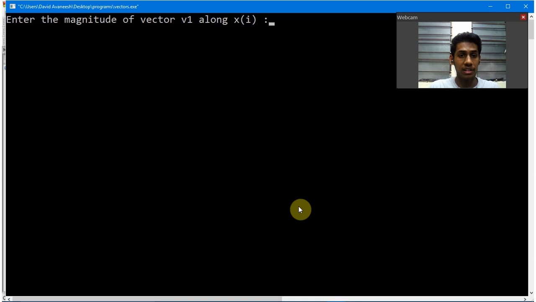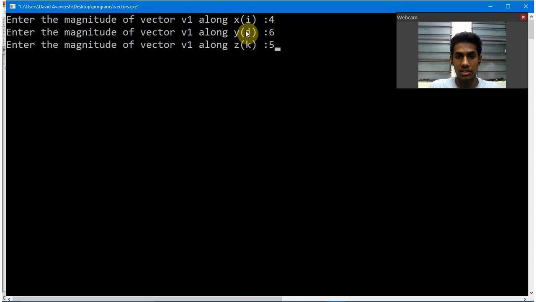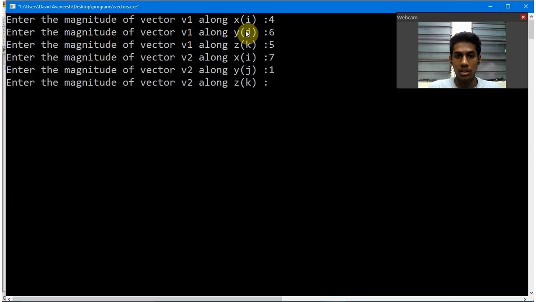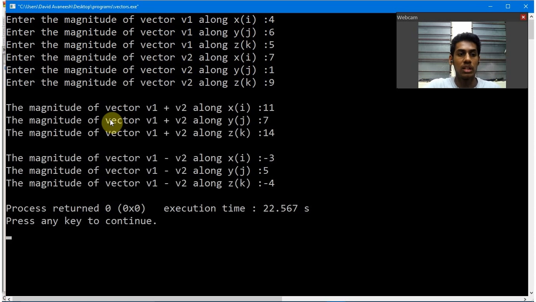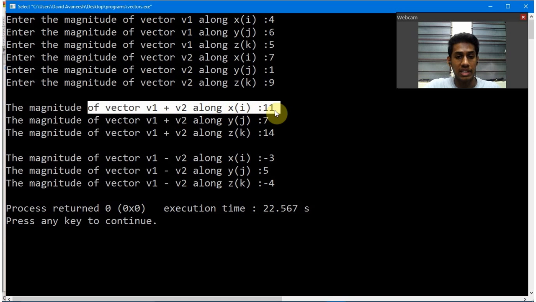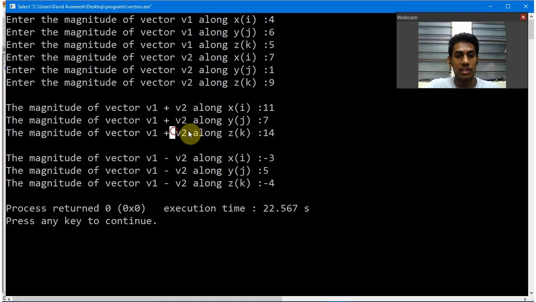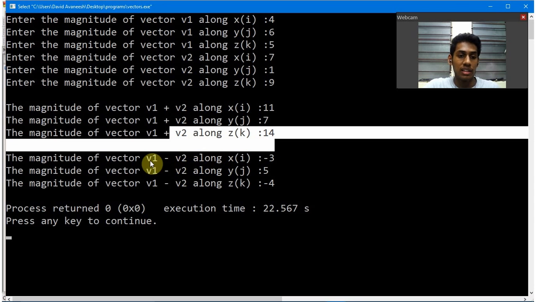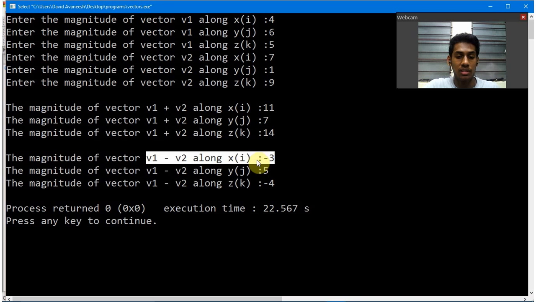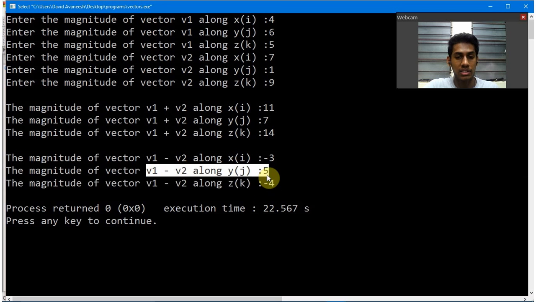So the magnitude of vector 1 along x axis is, for example, say 4, along y axis is 6, z axis is 5. Now for magnitude of vector 2 along x axis is 7, along y axis is 1, along z axis is 9. Then we have the sum of the magnitude of vector v1 plus v2 along x axis is 11, along y is 7 and along z is 14. In the same way we have the difference: x axis is minus 3, y axis is 5 and z